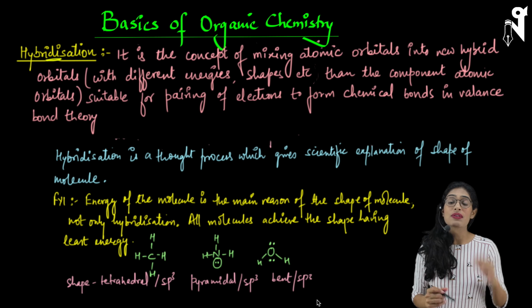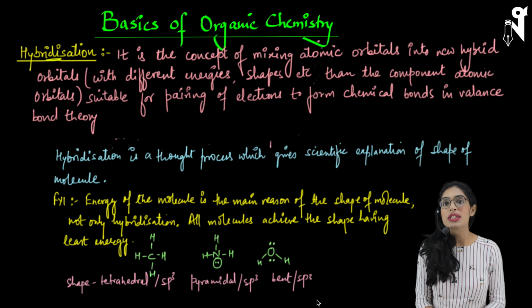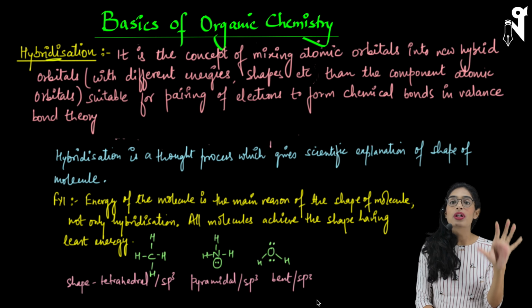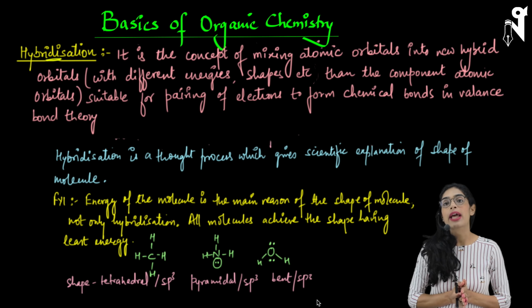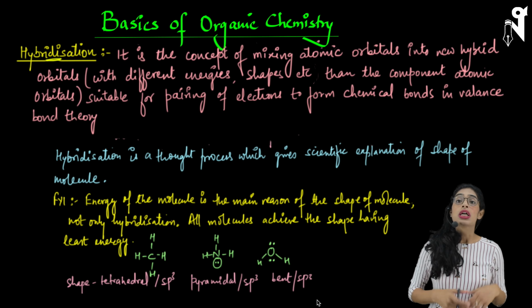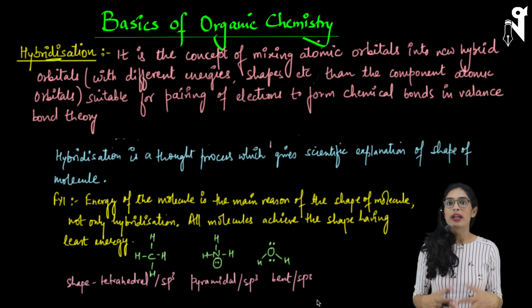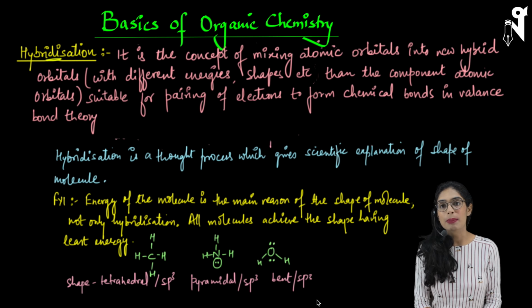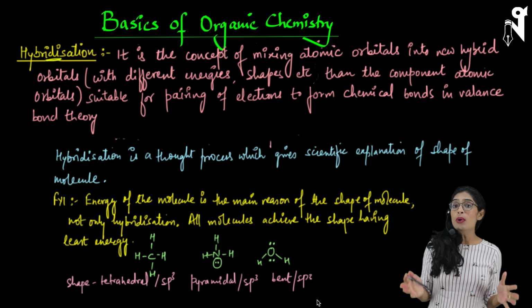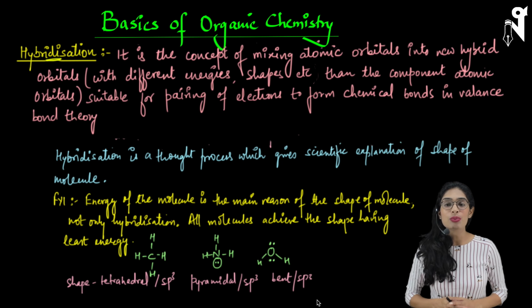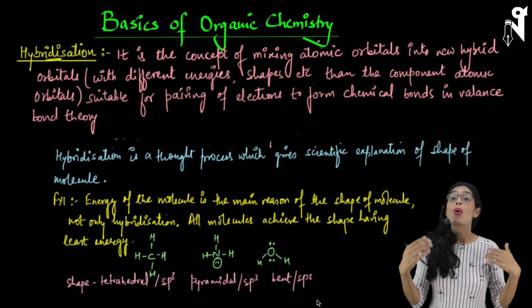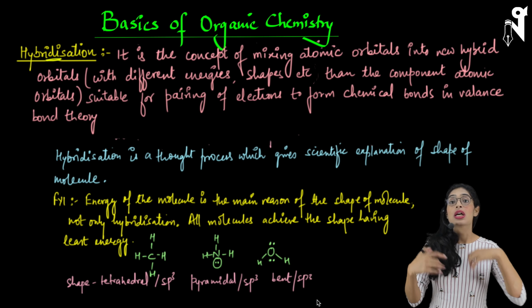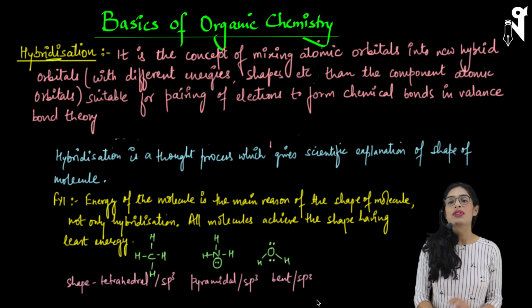So in today's class, we will be talking about those basic terminologies and how to figure out the hybridization of the carbon which is involved in making an organic compound, how to figure out the degree of the carbon, how to find out the degree of unsaturation of a compound, all that we will discuss in today's class. By the way, when we talk about hybridization, I'm sure you would have learned this in the chemical bonding chapter also. And you must be aware of what is valence bond theory, what is molecular orbital theory, all this you must have done in detail.